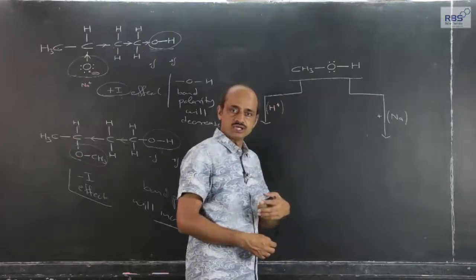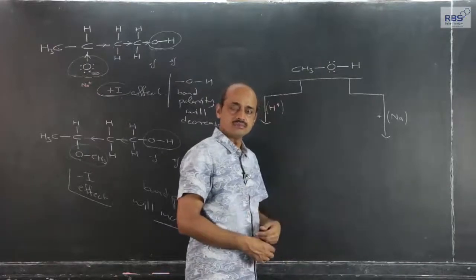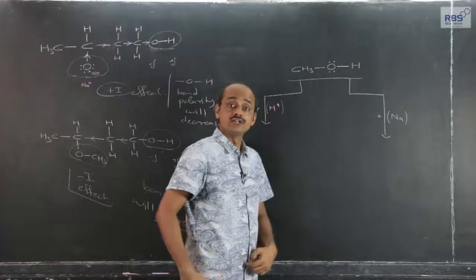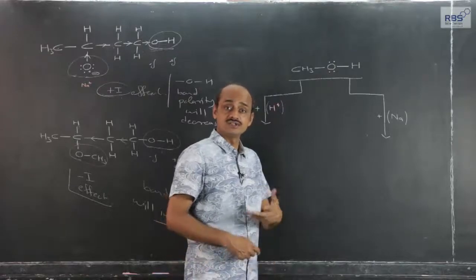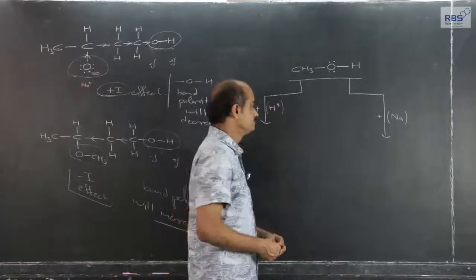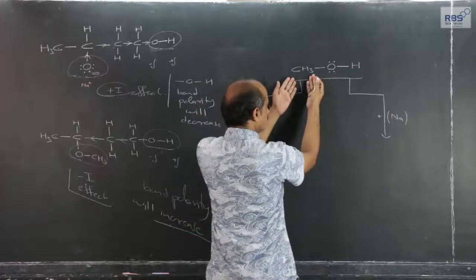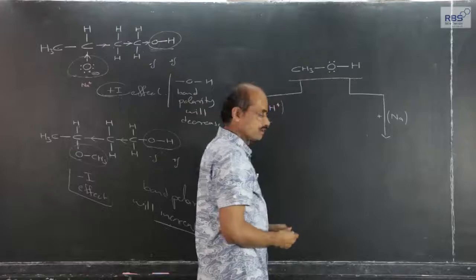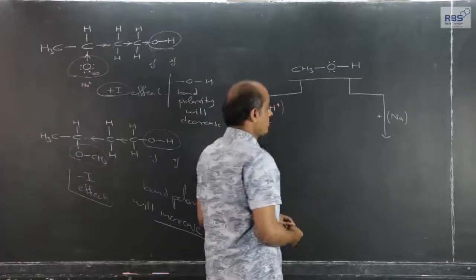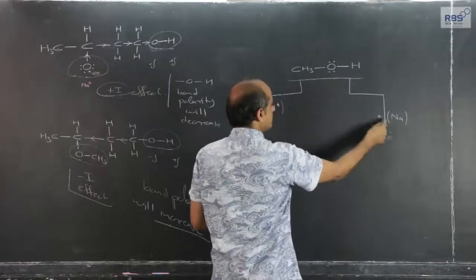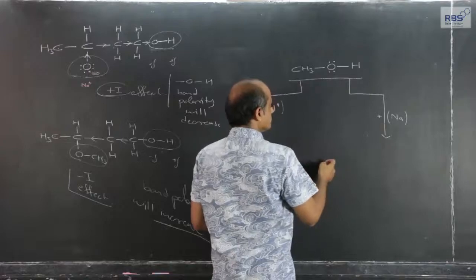Metal is that which has a good tendency to release electrons. Metals are those which have a good tendency to get converted into cations, positively charged ions. I have taken the example of methyl alcohol, it can be some other example also, ethyl alcohol, propyl alcohol. Methyl alcohol, when it reacts with sodium,